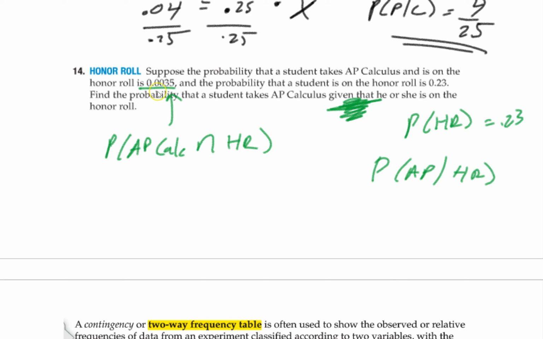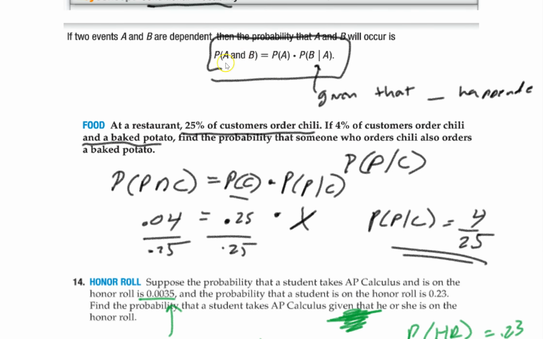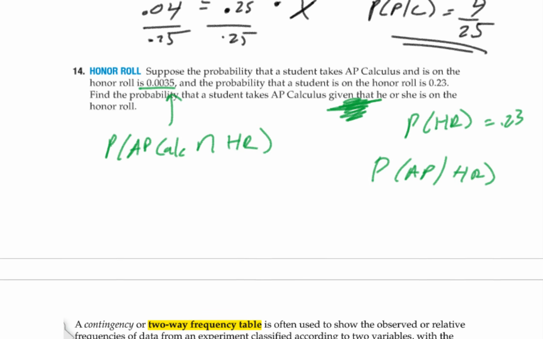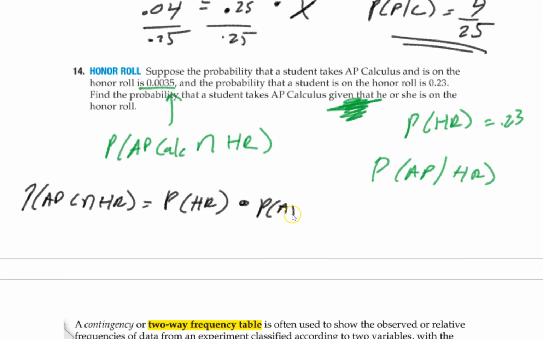So let's use the formula. Again, it's right up here. I will give it to you so I know how to use it. It's the intersection equals the given that times the probability of what you're looking for. So just using the formula, it's going to be probability AP Calc intersection honor roll equals probability of honor roll, because we're looking for probability AP Calc given honor roll. Whatever this one is, is the one that's by itself. And then again, it's all given to us. This right here is an extremely low number, 0.0035, equals probability honor roll, which is 0.23, times this, which is what we're looking for. So you divide, and you get x equals